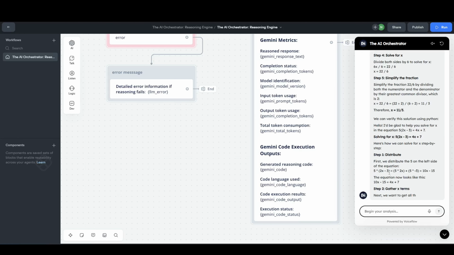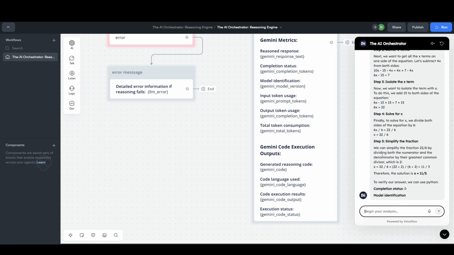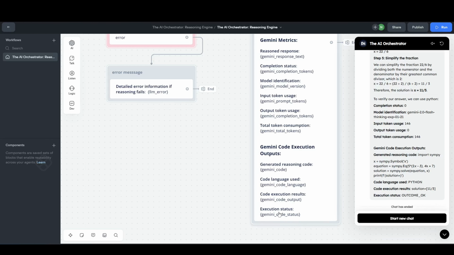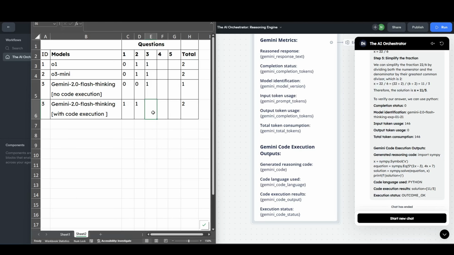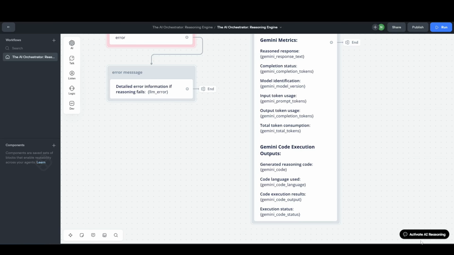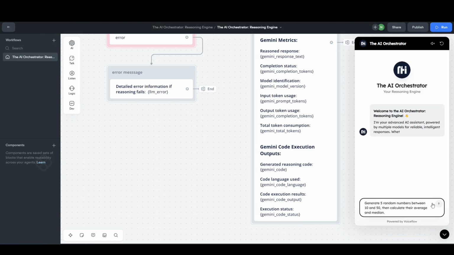I've noticed that the Gemini model really provides a lot of output. So this is very good. Let's give the Gemini model 1. The next question is to generate 5 random numbers between 10 and 50, then calculate the average and median. Since we already have Gemini with code execution, let's just use it.